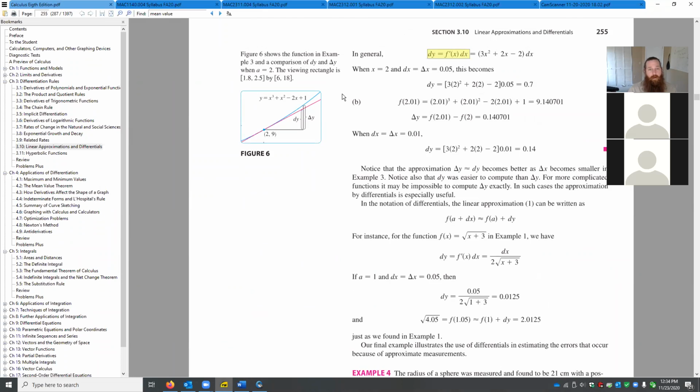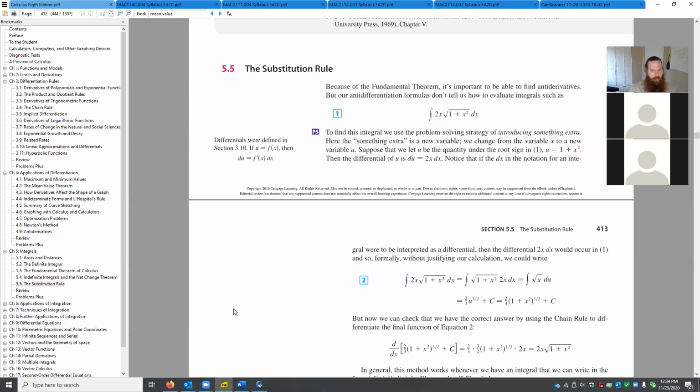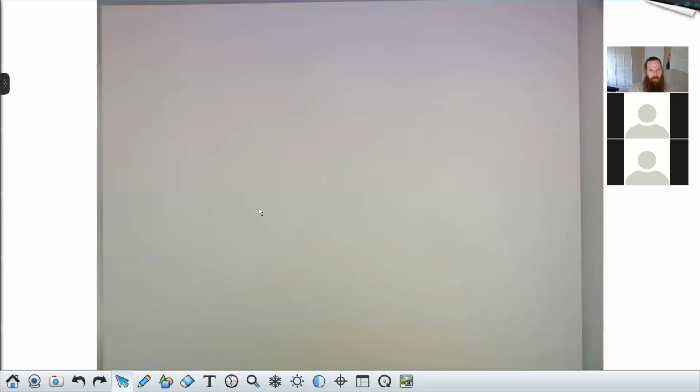So I'm going to go back and cover that material, and you may have a problem or two from section 3.10 in your homework, but there won't be anything where I actually ask you to use a differential to approximate, because one, the textbook just gets it wrong, and second, we're really only here to talk about differentials. So most of what we're doing today comes from 5.5. It's just a little bit of notation we're going to go back and grab from section 3.10. So without further ado,